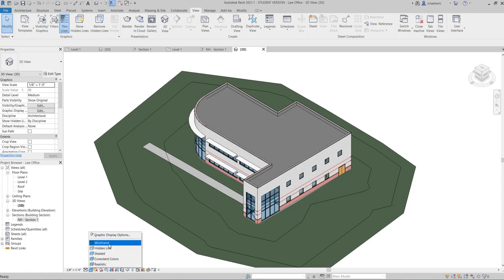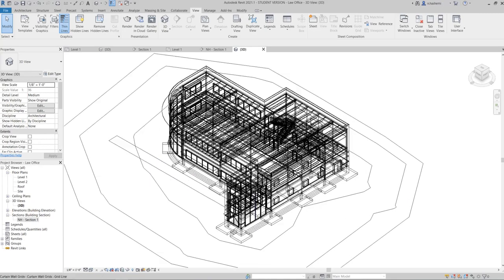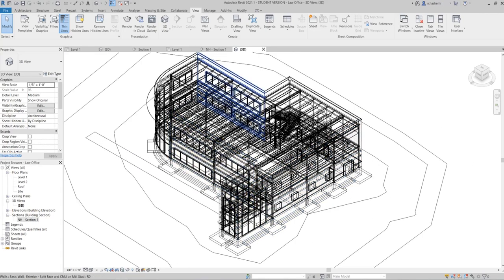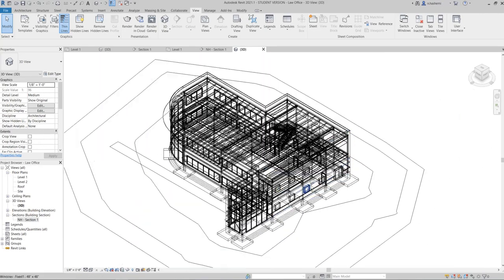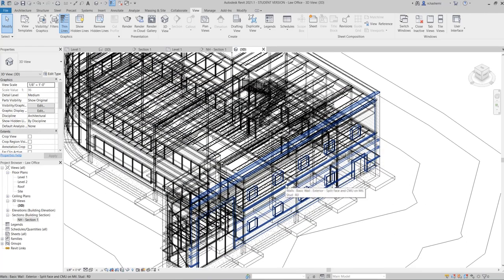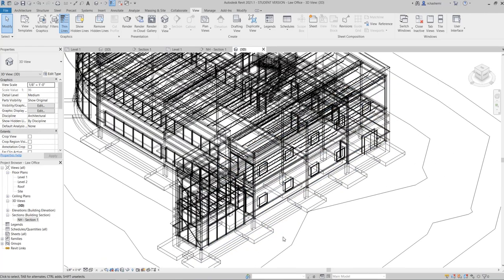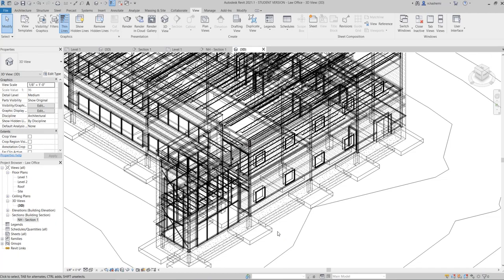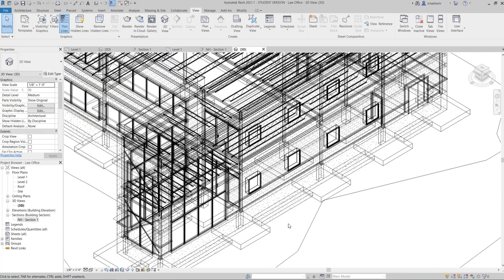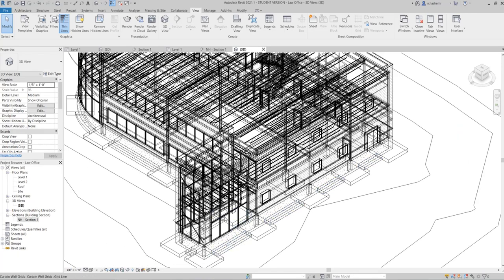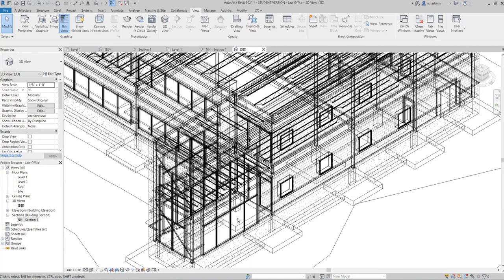So let's start with wireframe. Okay, so with this style we can see through all the building. It could be helpful when, for example, you are modeling a small element like a chair, and you need to see all through it.